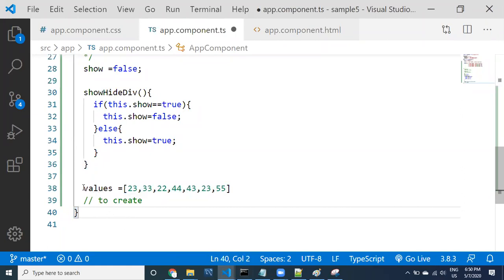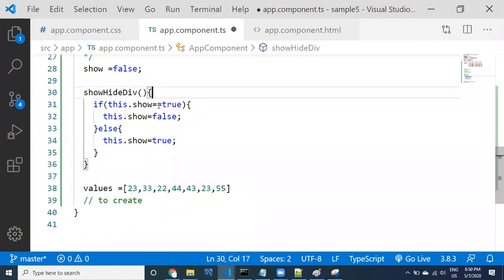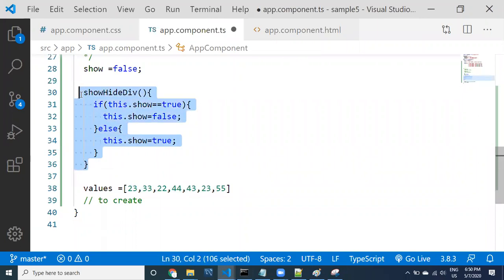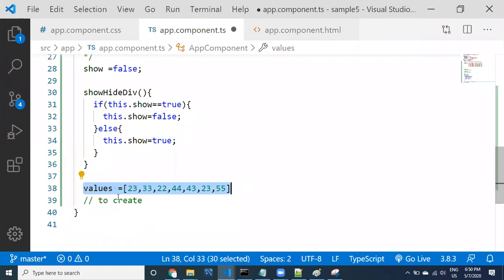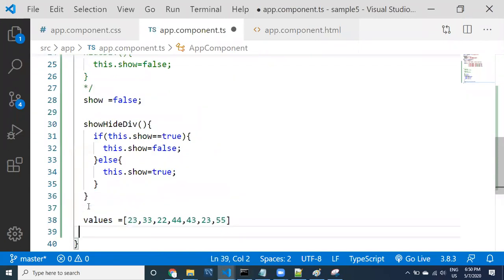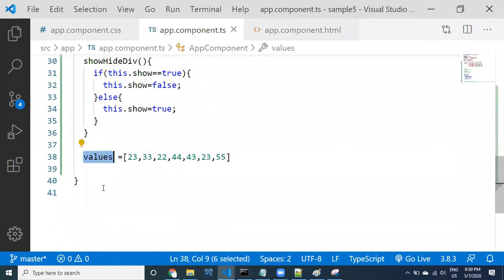Make sure when you are taking multiple things, the method started here, method closed here itself. After the method, or wherever you want, you can take it, guys. Not only in the last line of this class, wherever you want you can take it, but it should be a property, not inside the method. If you take any variable inside the method, that can be called a method local variable. That method local variable cannot be accessed in the HTML directly. So this is a property, it can be accessed directly.